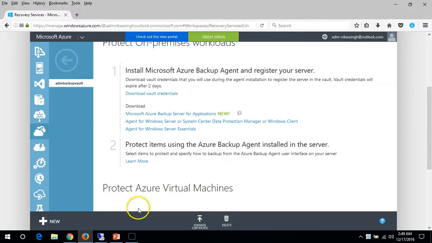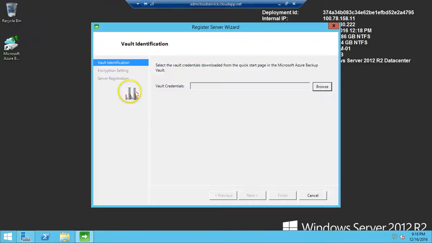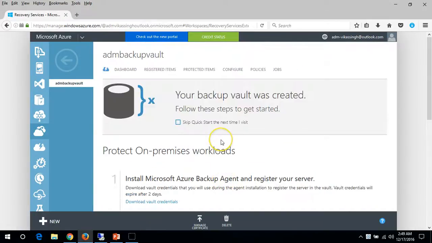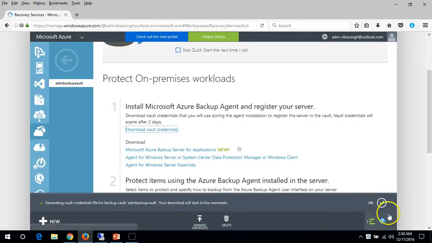We need to go and register the server also. For the registration process, we need the backup vault credential, which can be downloaded from here. We have to discover, register and protect. So we need to download the vault credential from here, and the vault credential will expire after 2 days. So we need to download it. Click here,